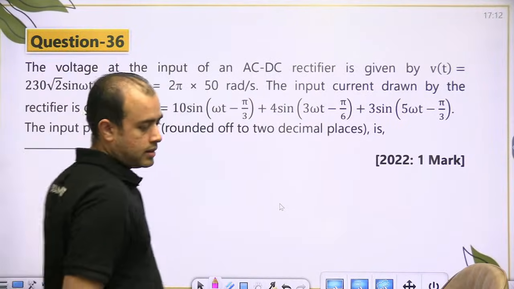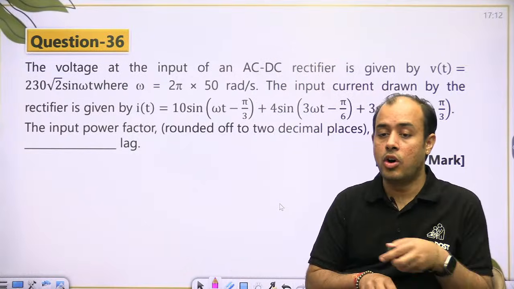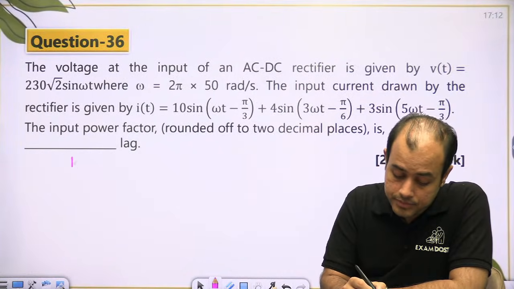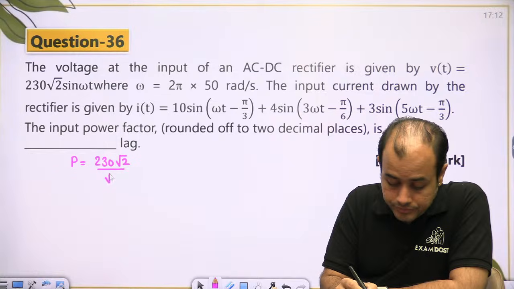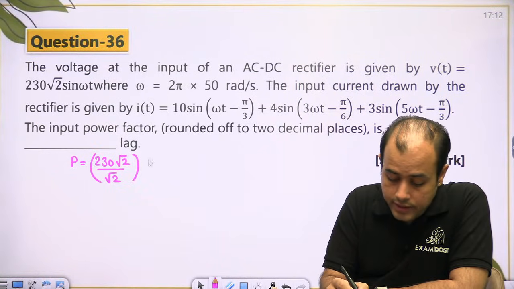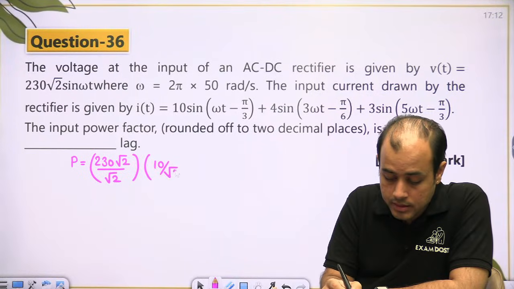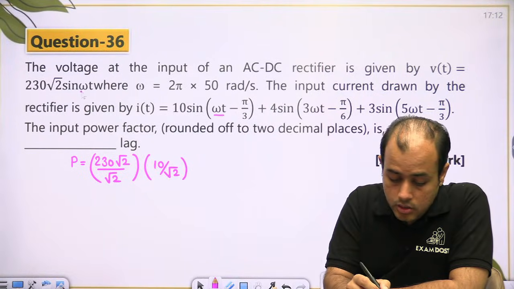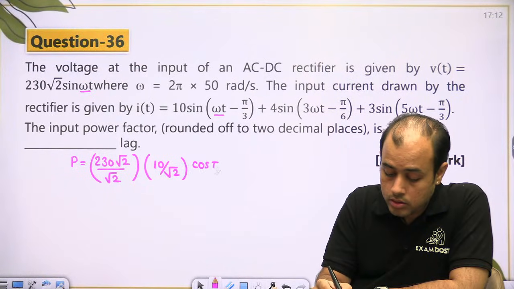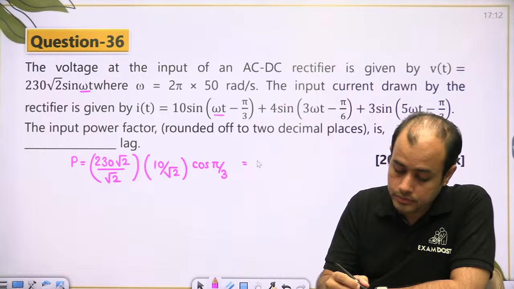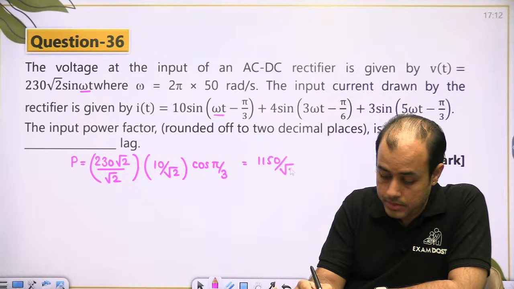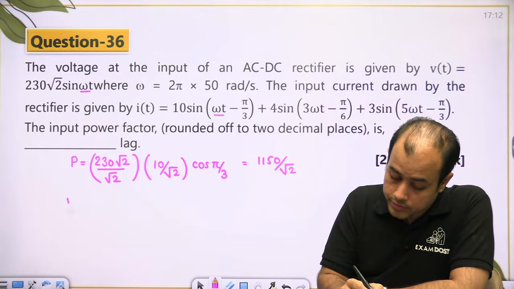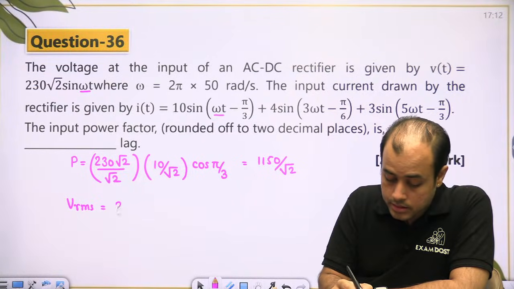आया भाई? देखो, whenever you want to find the real power, consider voltage and current having the same frequency, which is omega, cos of phase shift, 2300 1150 by root 2. Now VRMS is 230, IRMS